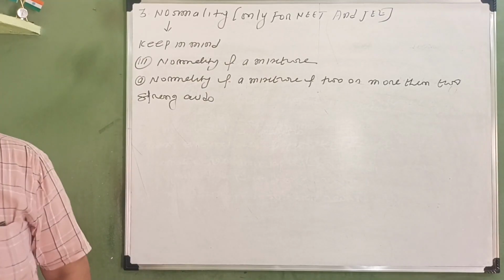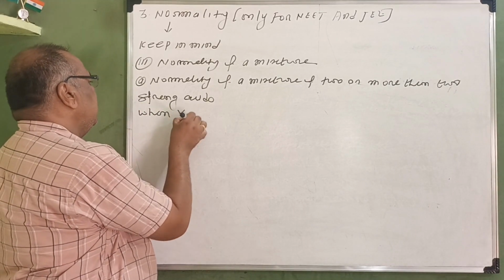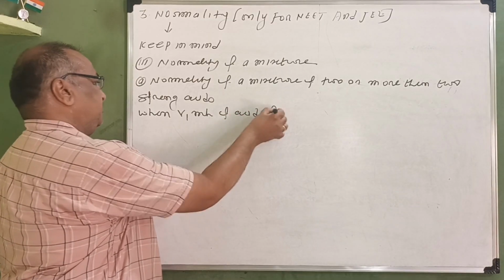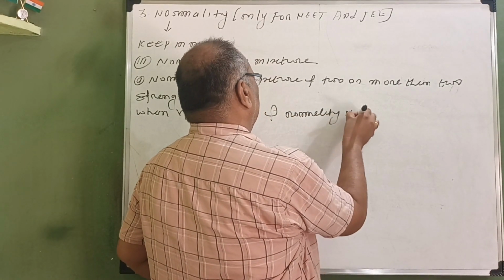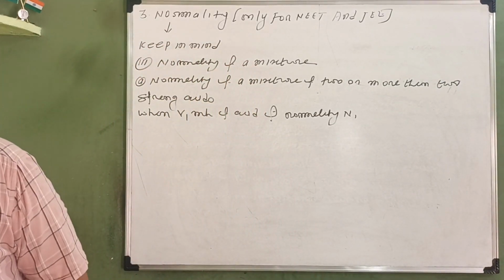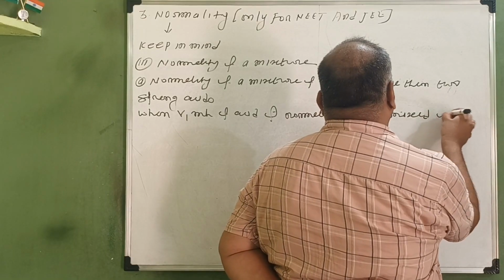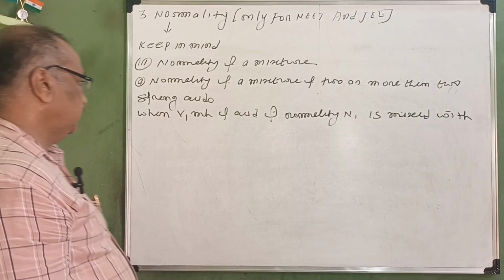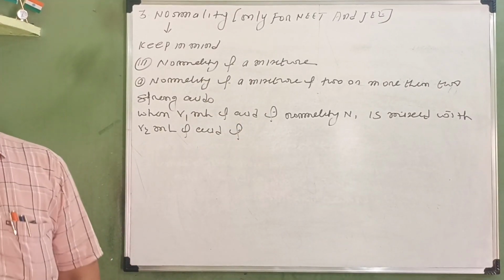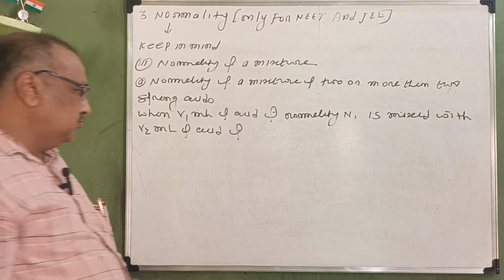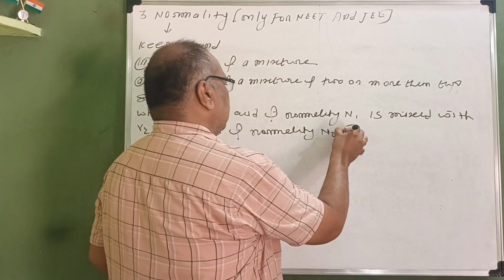That means here, when V1 ml of acid of normality N1 is mixed with V2 ml of acid of normality N2,